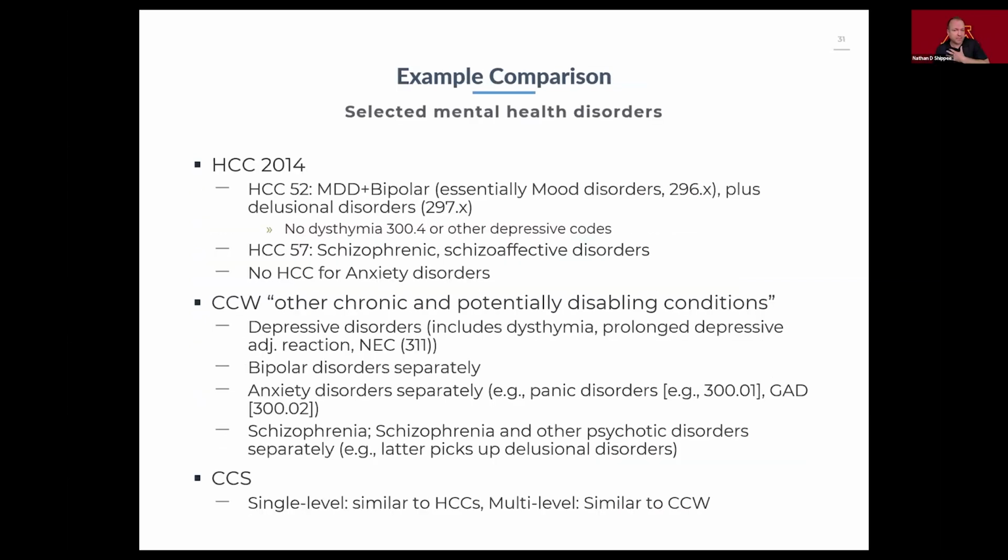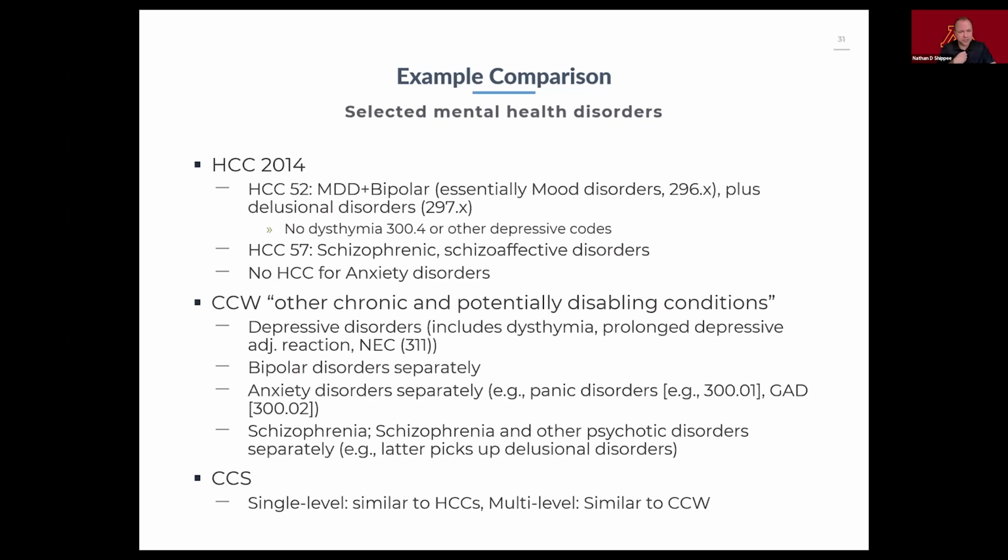And an example here that I'm just going to throw out there is, and we need to update some of these, I think, because we're still pulling from ICD-9 examples, the specificity for use with mental health disorders. Again, this is just something that I've used because I spent a fair amount of time in the mental behavioral health space. But if you look at hierarchical condition categories, at least the 2014 version, category 52 was both major depressive disorder and bipolar disorder in one category.